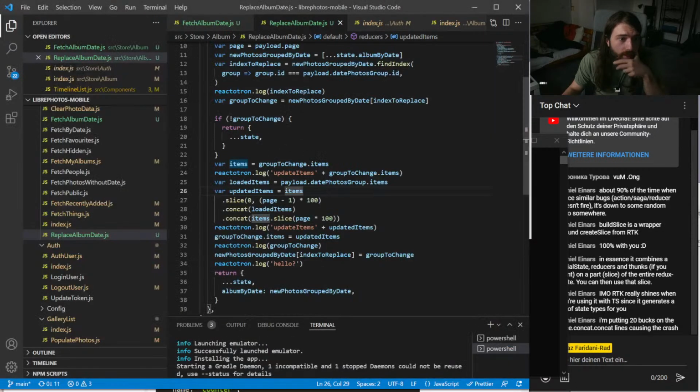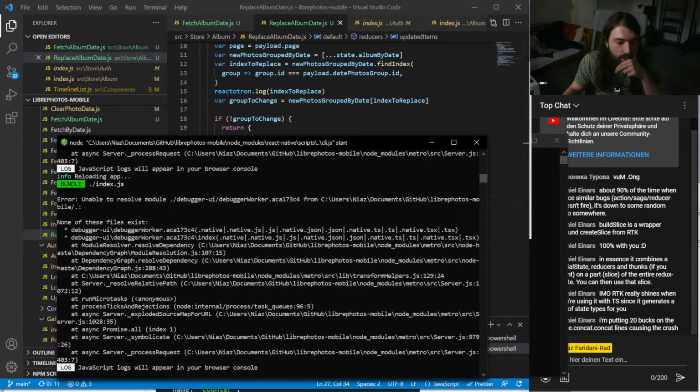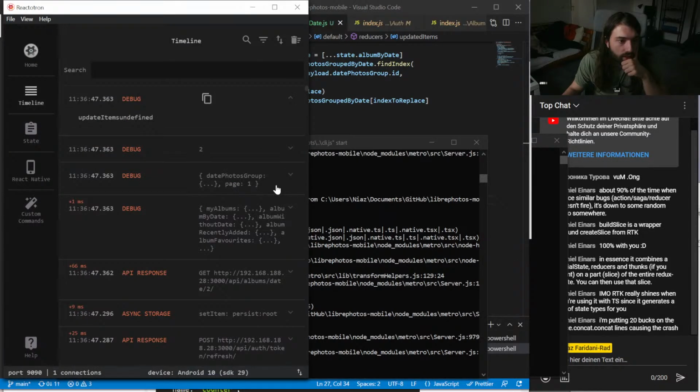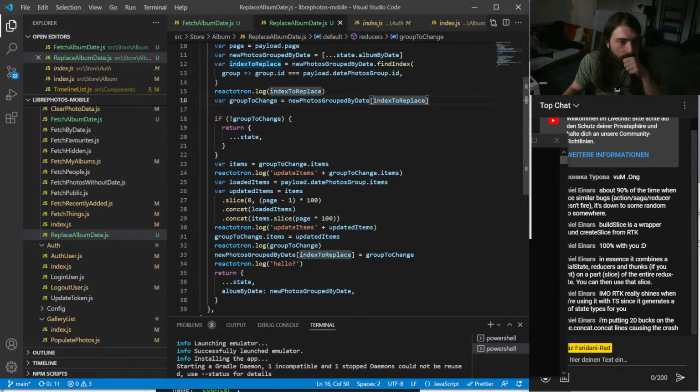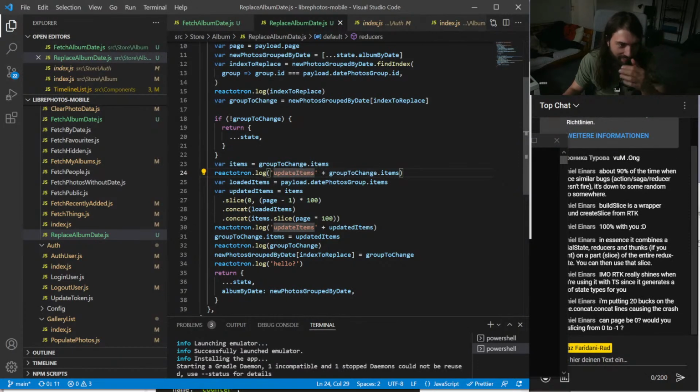Yeah, update items is empty. What the hell? So, is anything else empty? Update items. So, oh no, why did I call it? No!